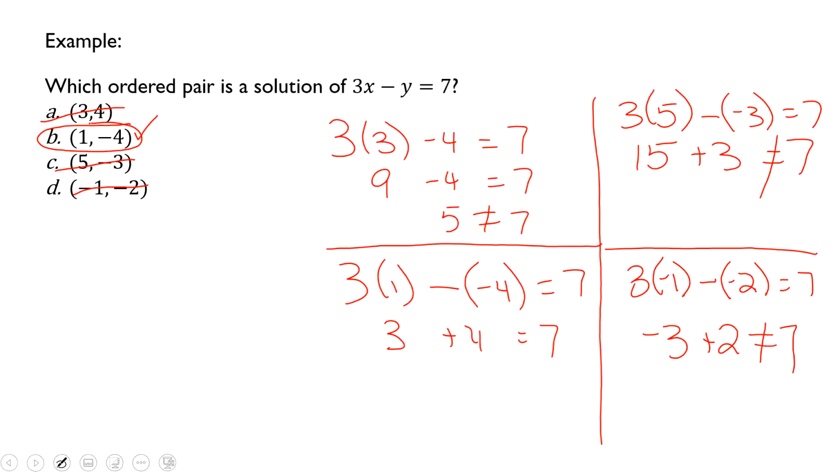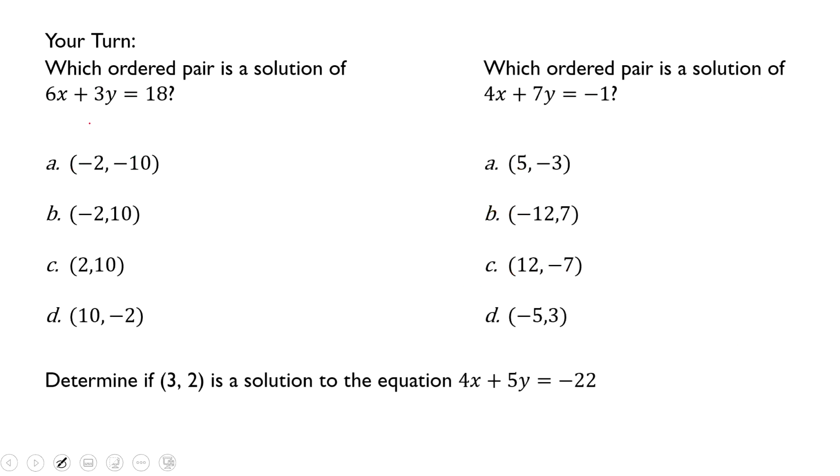If it makes it true, the left side has to be equal to the right side when all is said and done. If it's a solution, yes, it's a solution. If it's not, no, it isn't. And that's all you're doing for these types of problems. So here are 3 examples for you. Take a few minutes, work through them, find out which ones are solutions, enter your answers in the Edpuzzle,